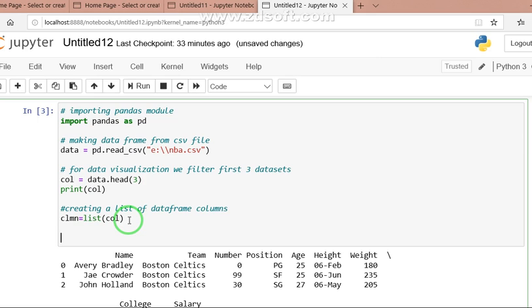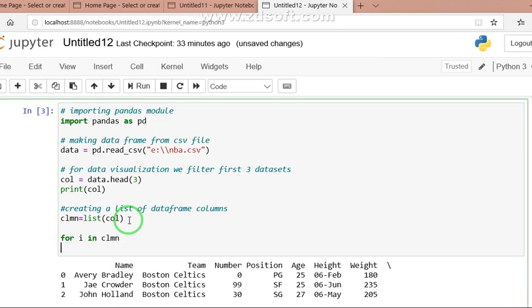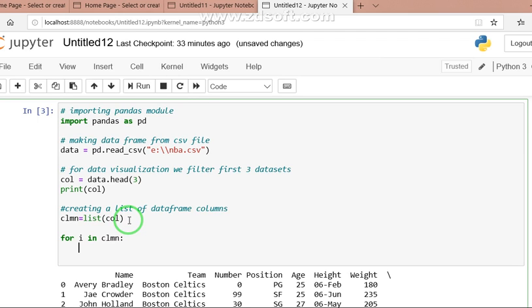So finally we will apply the loop for i in the variable CLMN used in the above step. So use here the colon also. Indentation now starts automatically.